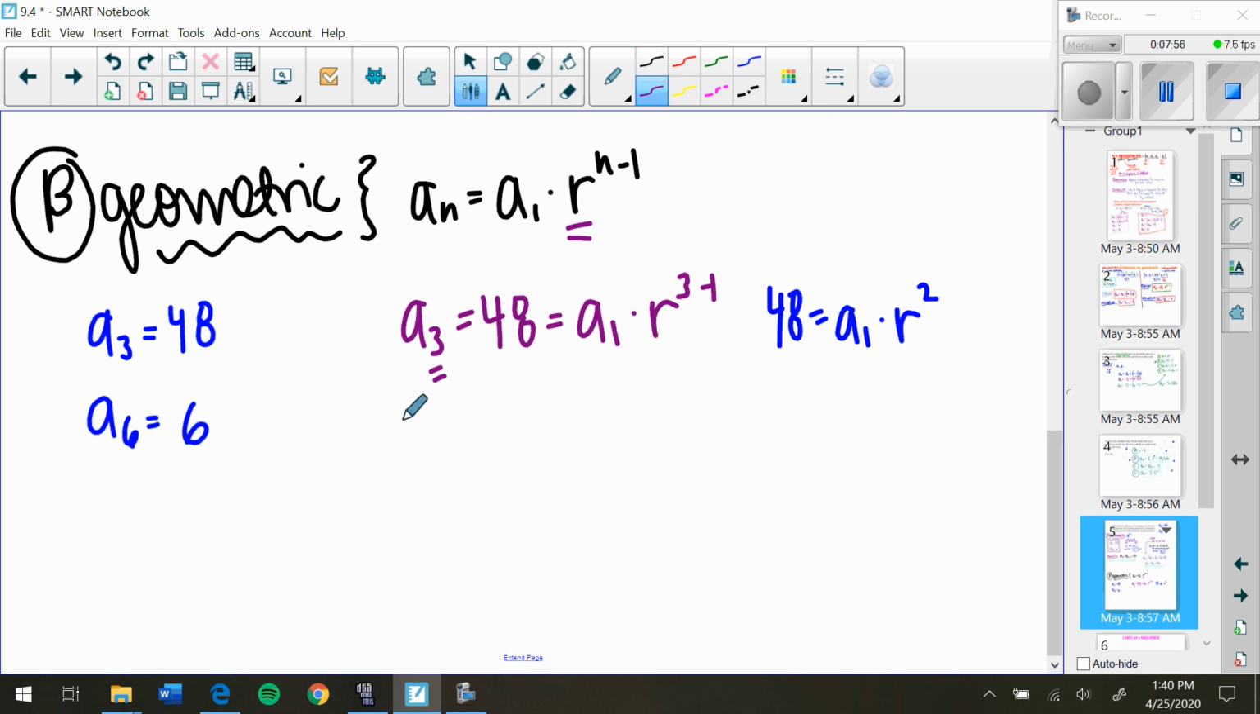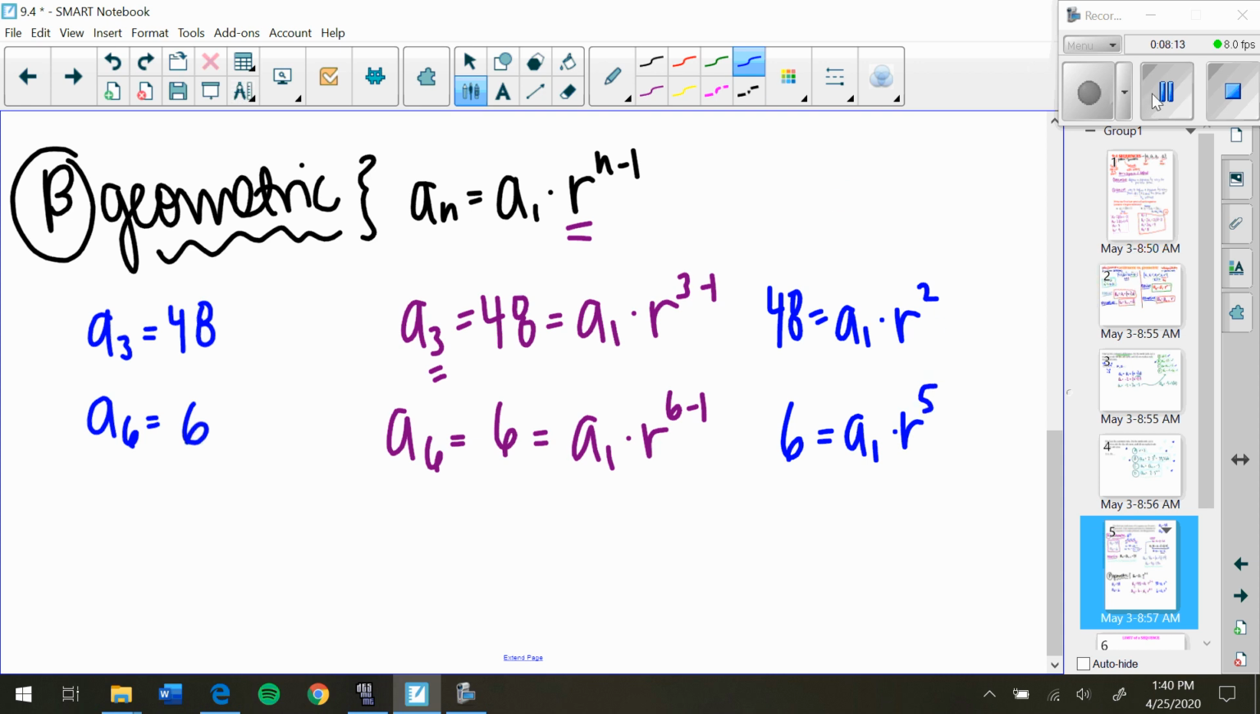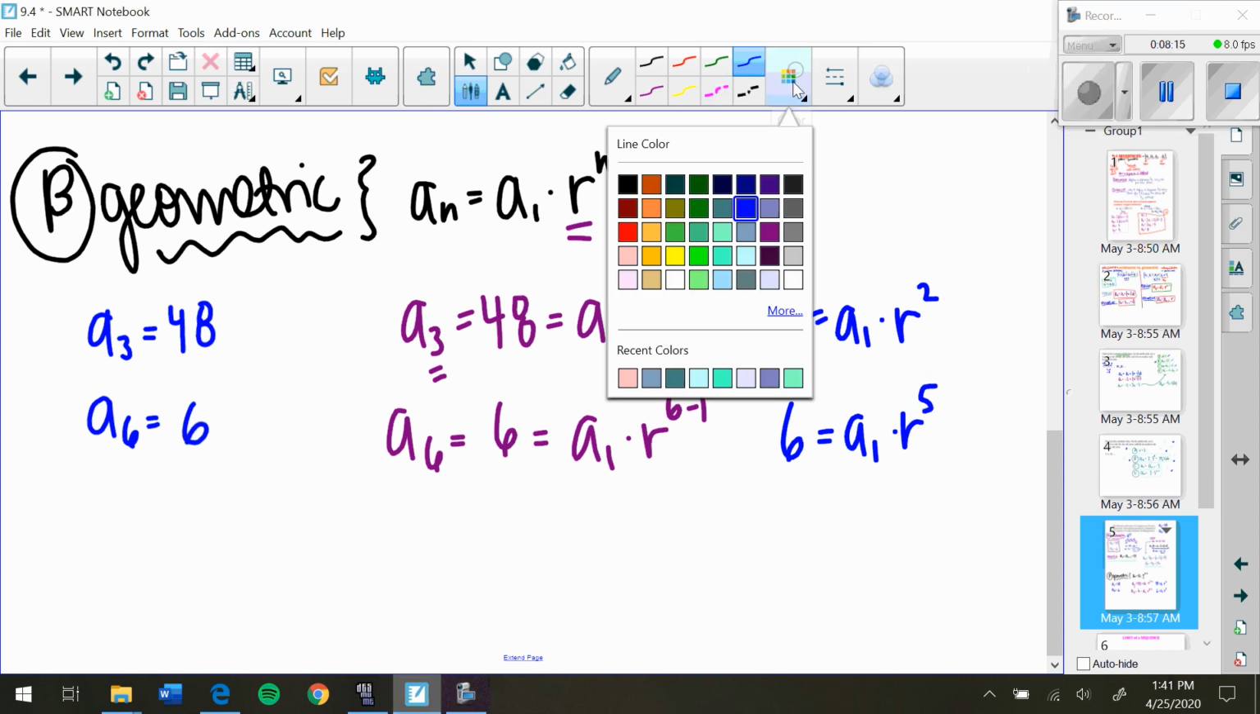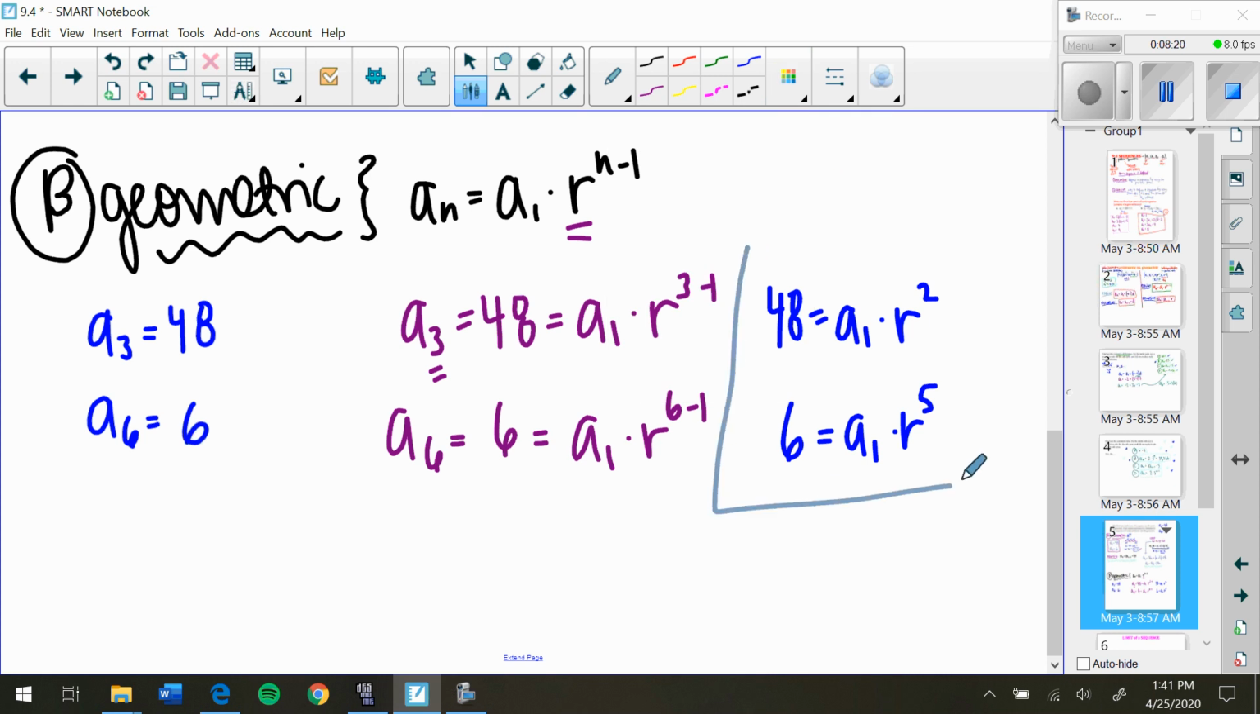And we're going to take our sixth term, a sub 6 is equal to 6, and that would be a sub 1 times r to the 6 minus 1, or again, making this look a little nicer, 6 is equal to a sub 1 times r to the 5th power. We need to now solve a system of equations using these two equations. And the two main ways we can solve a system